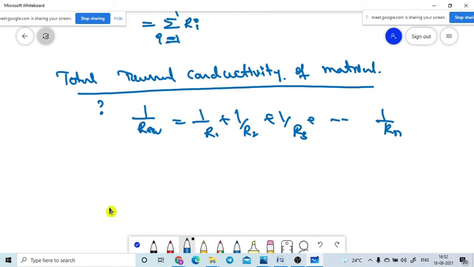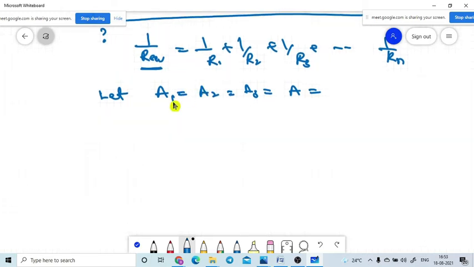Hello? Yes. I am asking what is the equivalent thermal conductivity of the material. That is what I am asking. Let us assume here I am taking the area of cross section of the material, for simplicity, to be the same. A1 is equal to A2 is equal to A3 is equal to A only, A itself. That is what I am taking. But the L's are different, everything is different here. So I am taking this for the final value.